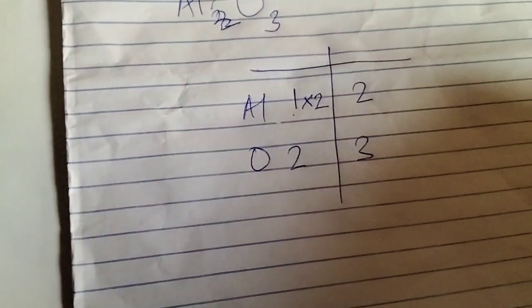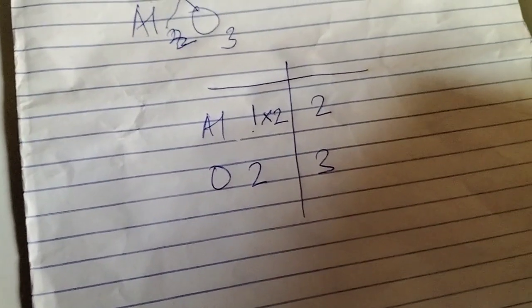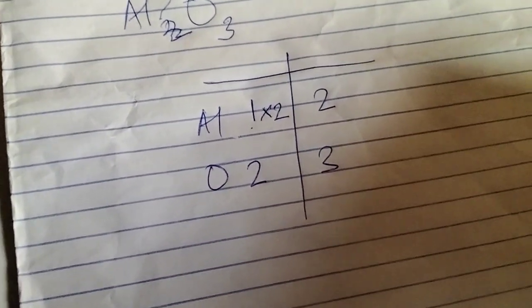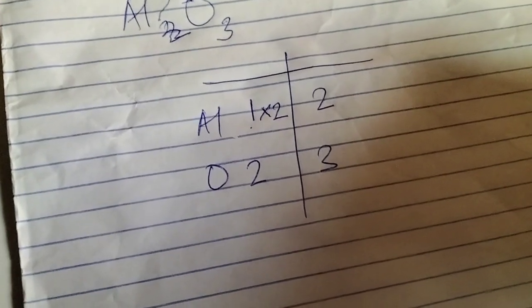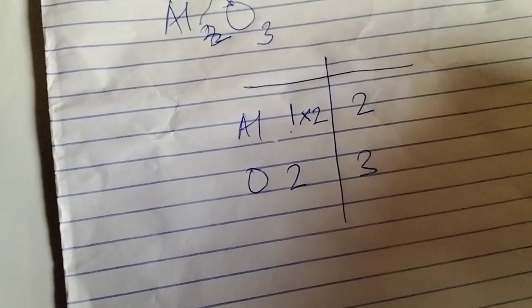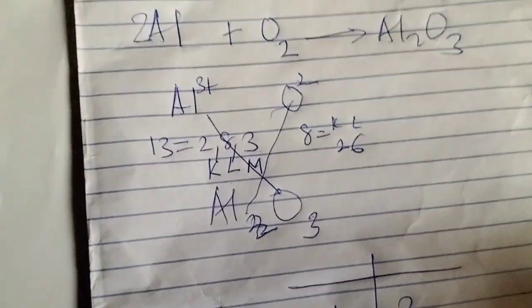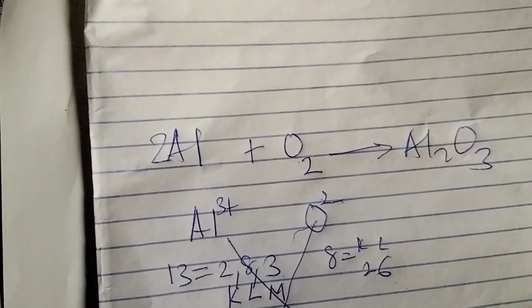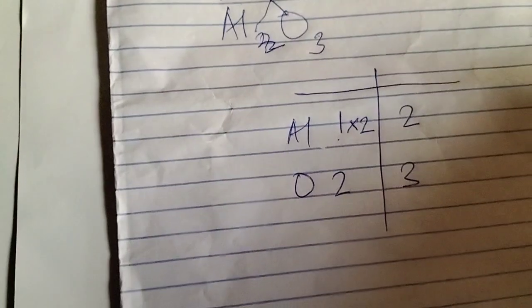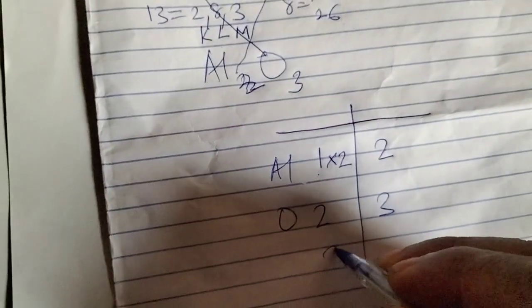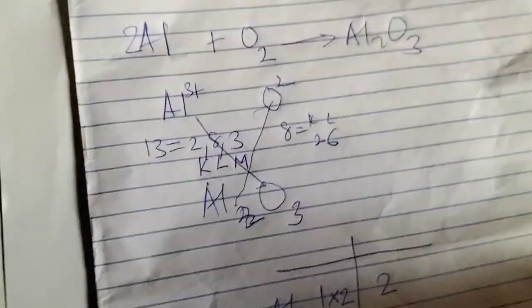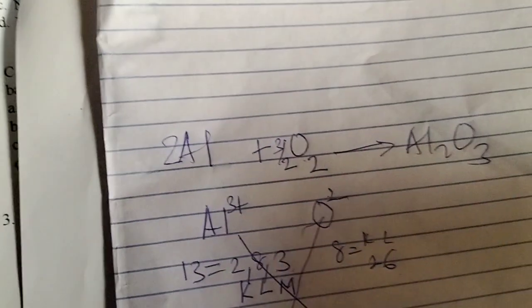To balance oxygen is not easy because 2 is not a multiple of 3. What then do we do? We ask ourselves which side of oxygen is smaller. It is on the left-hand side. We check whether oxygen is on its own. Yes, it's on its own, so we can use fractions. So what do we do? Divide the bigger number 3 by 2. So that is it. We're going to put it in front of the oxygen there. When we have done that, we'll remove the fractions, multiply everything by the